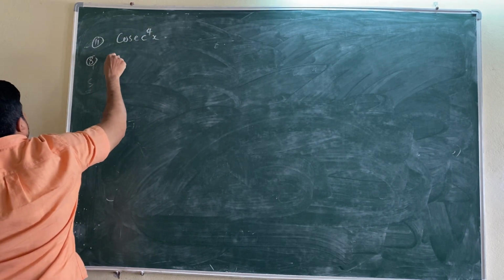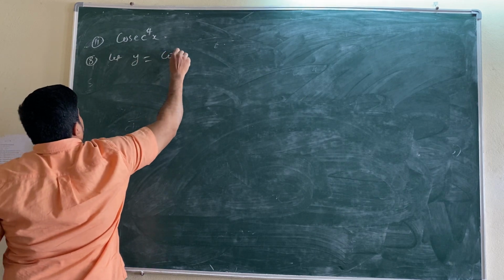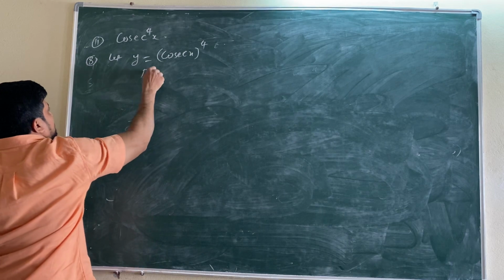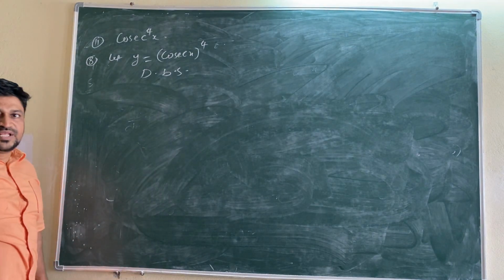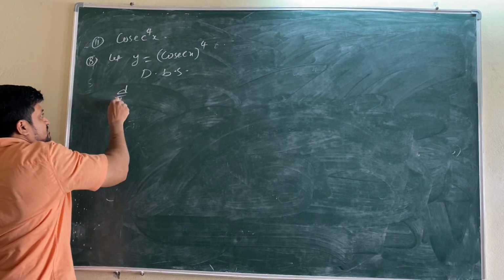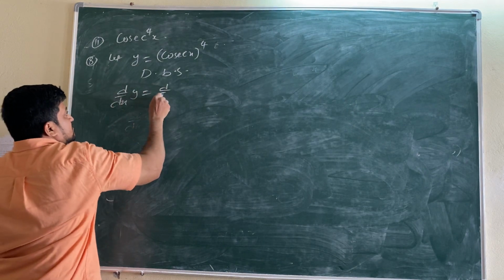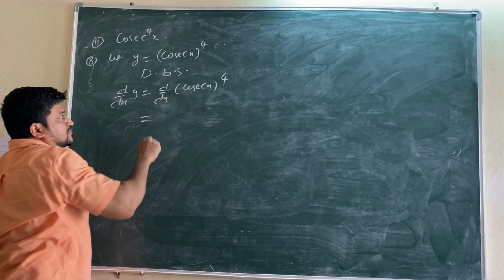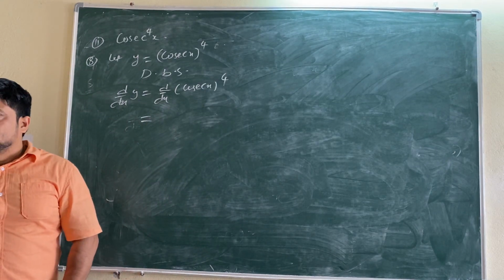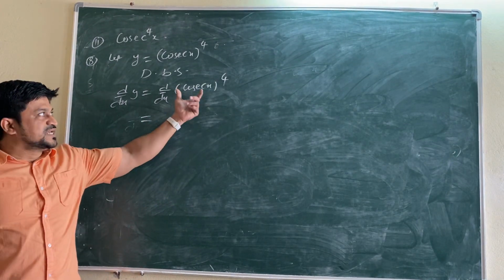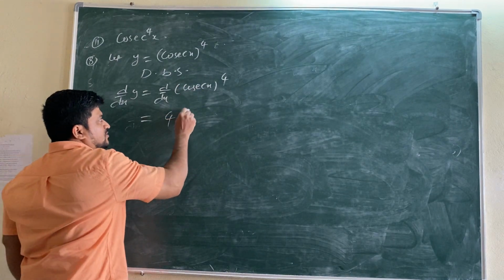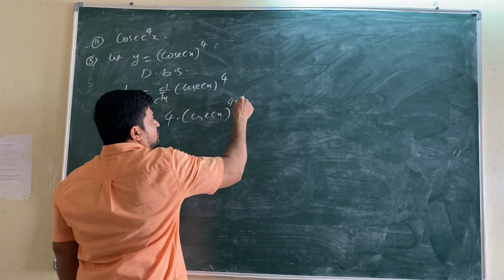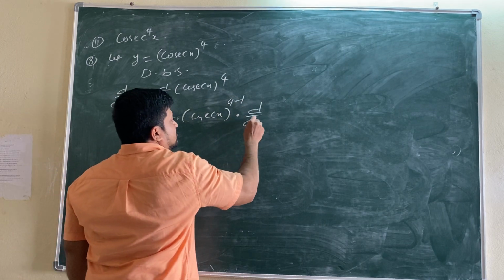So what we'll do, let y is equals to cosecant power 4 x, you can write in this way also. Now differentiating both sides. What is the next step? Now x power n, this is x power n. So 4 into cosecant x power 4 minus 1, into